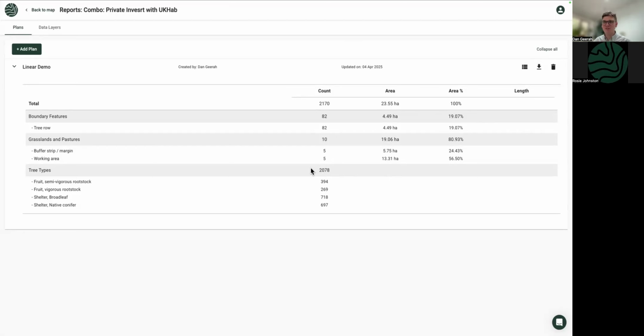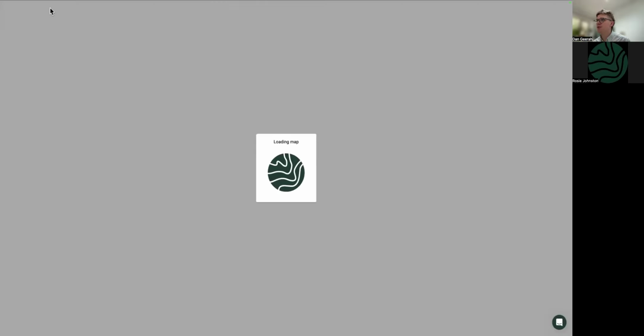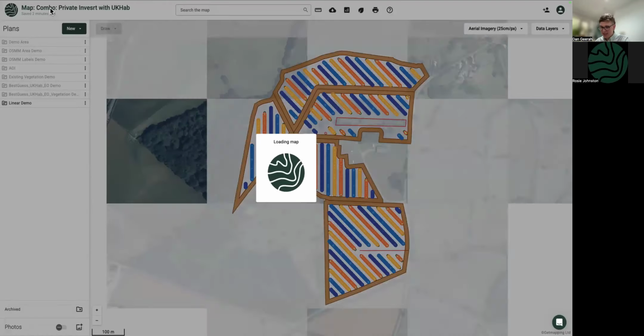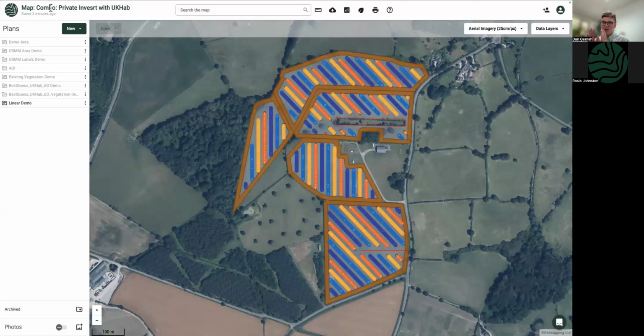Obviously, speak to an advisor or go and walk the site yourself, but by removing just 20% of my productive land or 4 hectares, I can get in 2,000 trees. And that type of number is what funders will be interested in, is what type of design are you creating and how can I help? So those are just some of the tools to get you that plan. Obviously, you can print them, you can share them, you can collaborate on them.